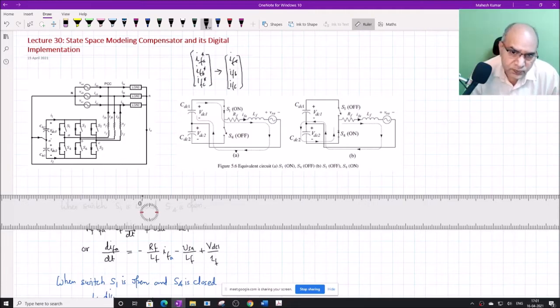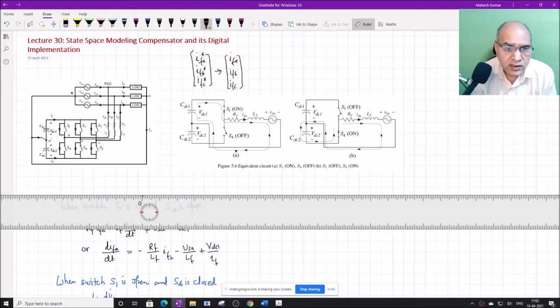the power circuit. What is that power circuit? I also mentioned that it is a power converter, a voltage source converter. You can call it a voltage source inverter also, but actually it is both. It is converting AC to DC and DC to AC. So in the true sense, it is a power voltage source converter. However, we normally call it a voltage source inverter because its main function is to give the AC quantity from a DC link voltage. But it functions in both ways. So it will be correct to say power voltage source converter.